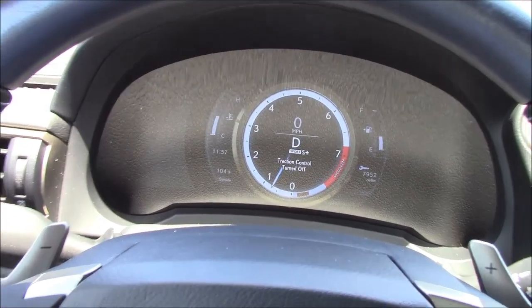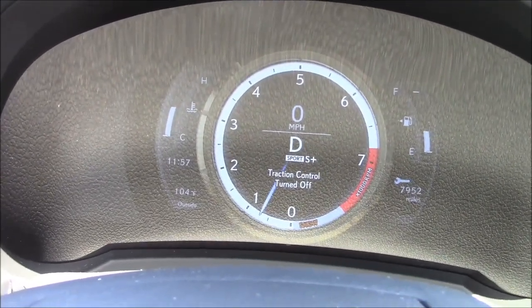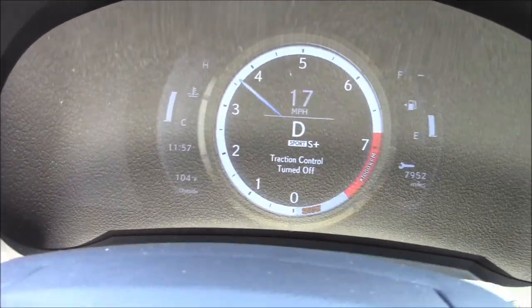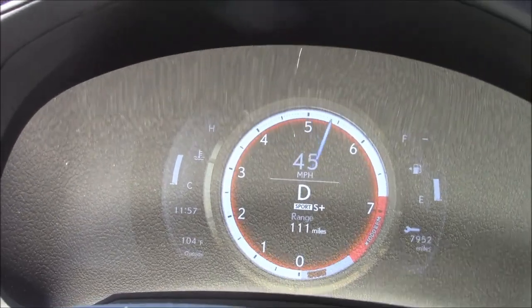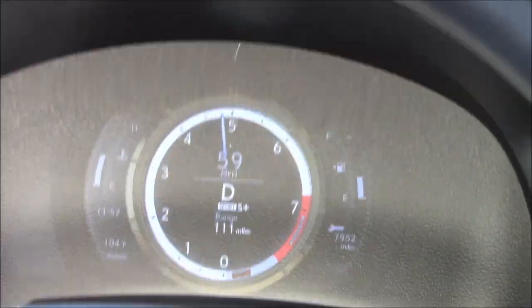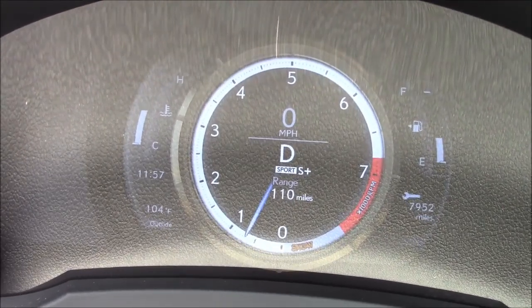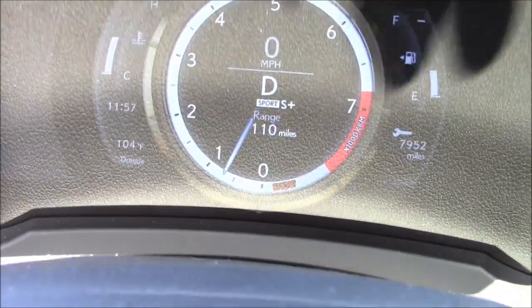Well, here we go with the glare again. If you can read it. We'll try it with the traction control off. Well, if you have your stopwatch at home, you can click it and get the real time. This glare is just...